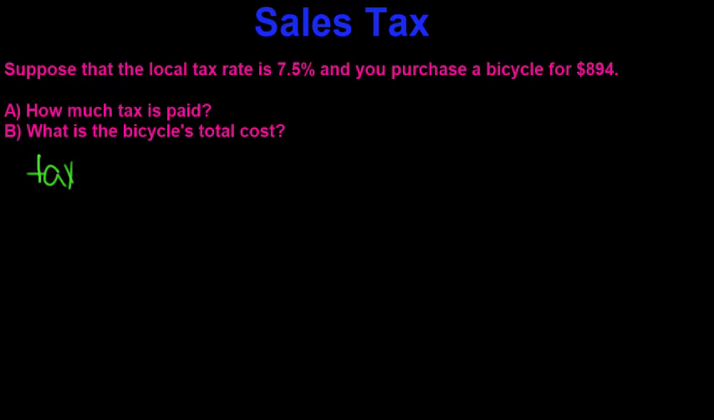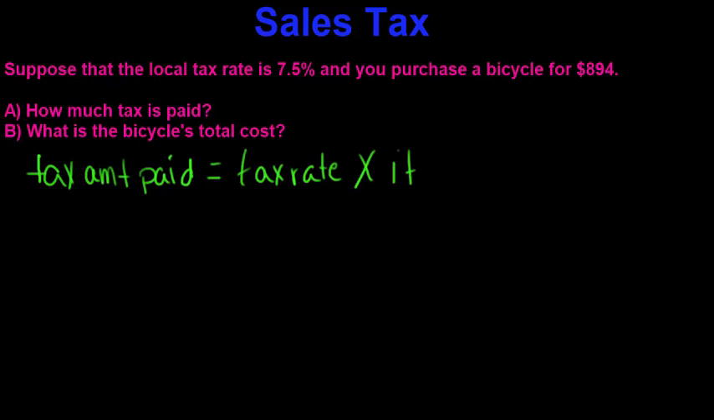tax amount paid is equal to the tax rate times the item's cost. So, in other words, we are going to say the tax rate was 7.5%. So 7.5% times the item's cost of